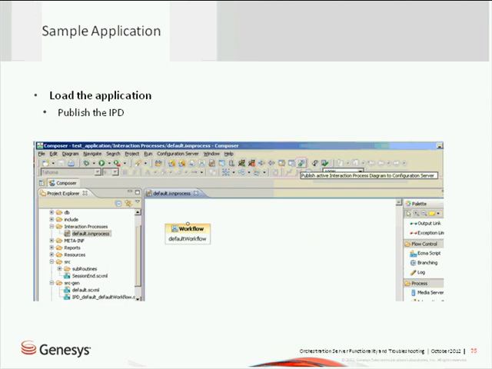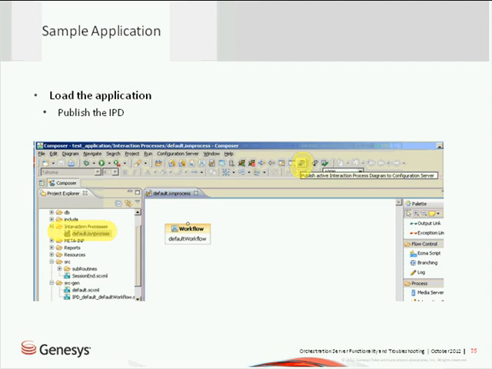Okay, next thing we want to do is publish this. So we've got these pages out on a web server somewhere, but they're only in Composer and in the web server. What we want is for that information to get populated in the configuration layer. So again, we go back to the IPD. Make sure that page is up, and then you'll get a new button on your menu called Publish Active Interaction Process Dynamic Config Server. So when we click that, we'll actually take this information and we'll go to Config Server